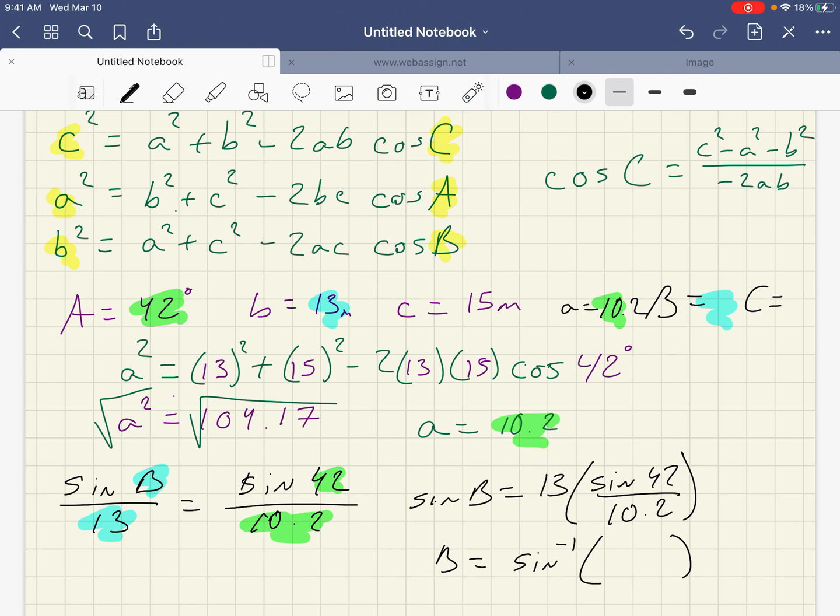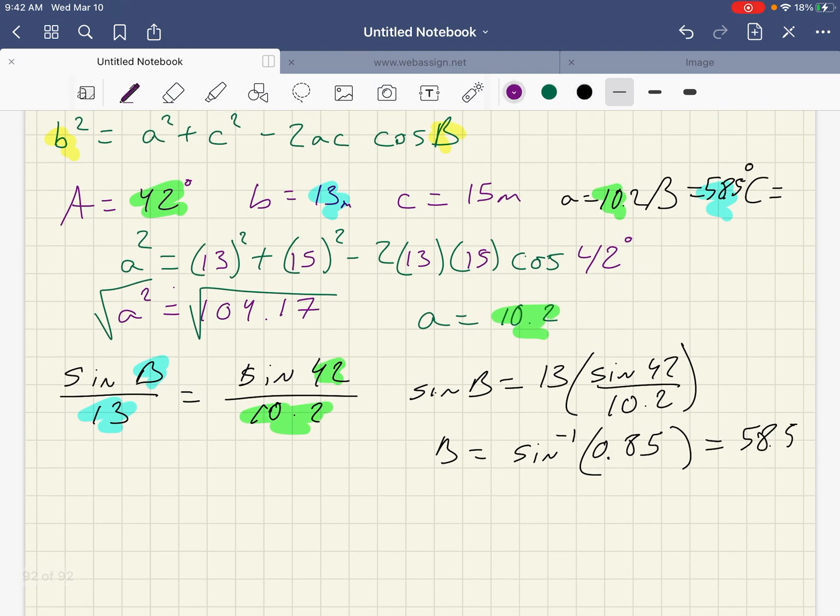Okay, so 13 times... okay, that gives me 0.85. Then I do inverse sine on that. Try to use the ANS key so that you're not losing any decimals as you go. Lost it. So hold on. 58.6, or 58.5, sorry. 58.5. And then once I have two of those,